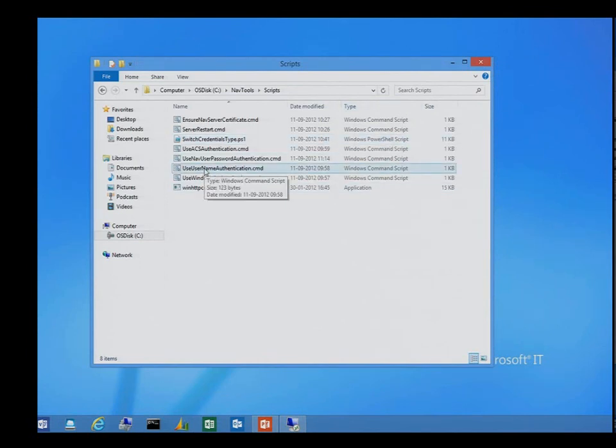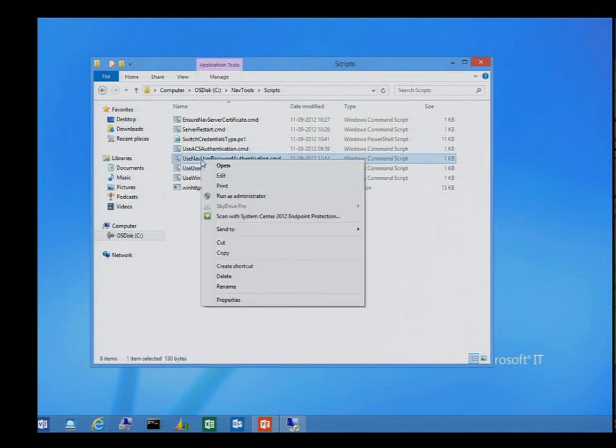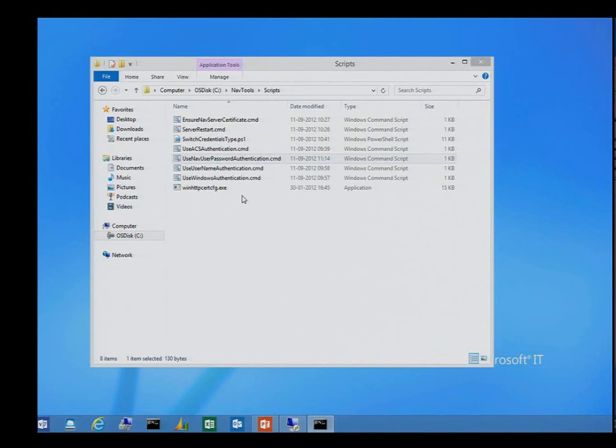Well, username authentication, that's a remote Windows, the RTC or WAN. You probably know that for 2009 R2, so I don't want to use that. But instead, I will run this script. Use a NAV user password authentication. Admin. Takes a little second. You can see it's doing stuff here. And once it's done, there we go. And I'll start the client again.